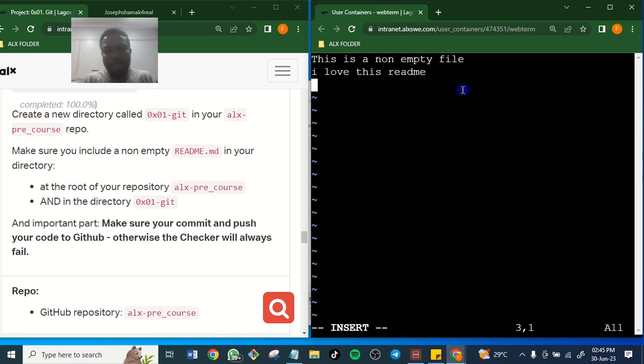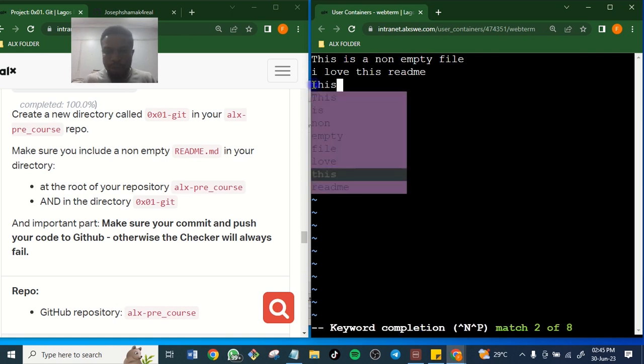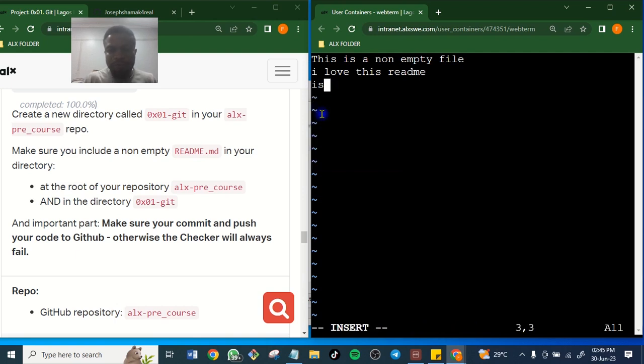I taught us one example in the previous video, how you can copy and paste in a VI. So let's practicalize that here now. How do you do that? Control P to bring out all what you have here. Okay, Control P. See this, I'm writing this. I want to rewrite this is. So let me just click on this is. I've replaced it with this. So let me come up again.